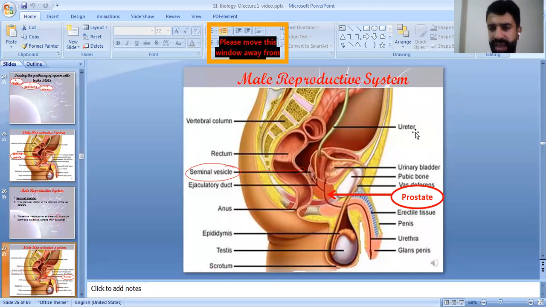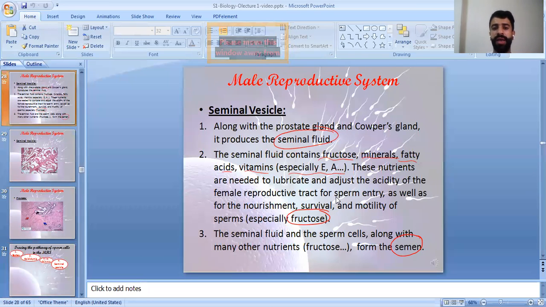This is the prostate gland. You heard about some people who have prostate cancer. So this is the prostate gland. It's found here at the level of the male reproductive system. Along with the prostate gland and something called a Cooper's gland, they produce the seminal fluid with the help of